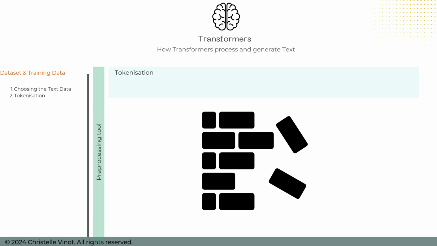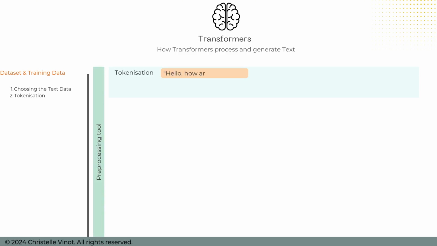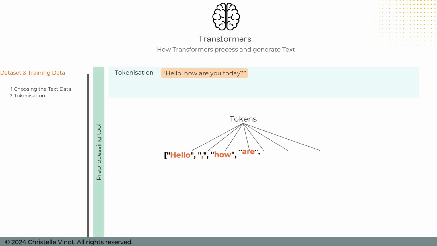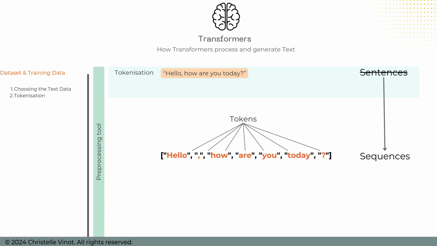For example, in the sentence, "Hello, how are you today?" each word or part of a word becomes a token. This step is essential because it enables the model to recognize words in different phrases or contexts. At this point, we are no longer working with complete sentences, but rather sequences of tokens that the model can